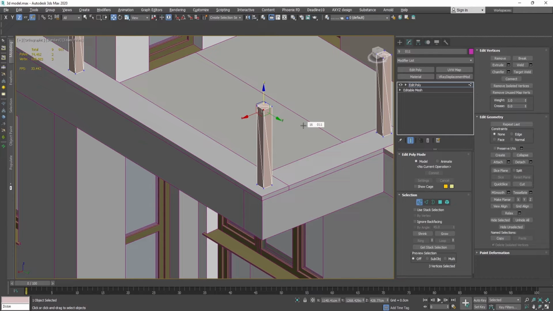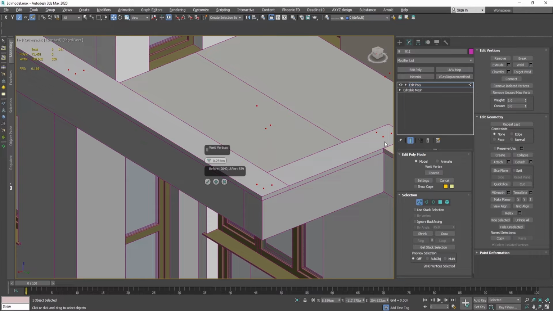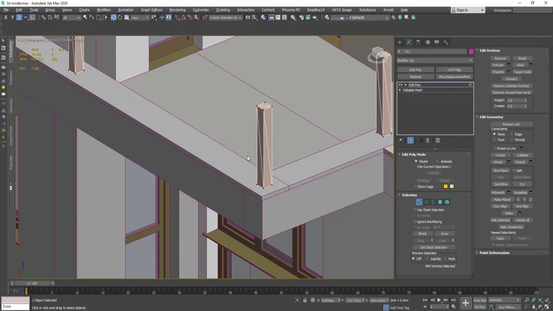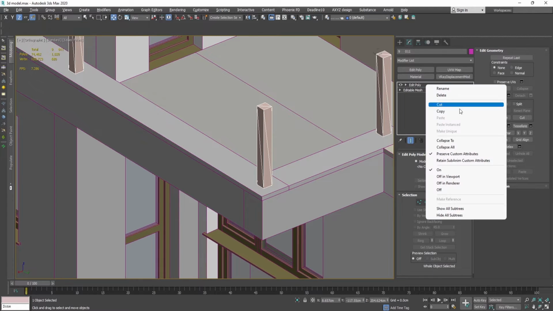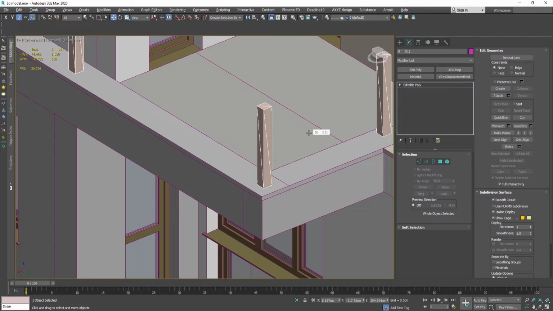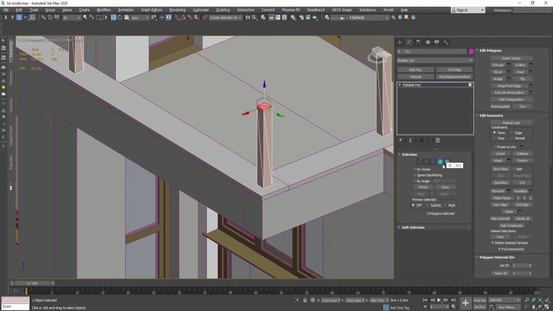then I will select all of the vertices and press Weld. Here I need to use 0.01 because it's in another scale, and then I'm going to collapse it all. Then I'll go to the faces, select all of the faces, and